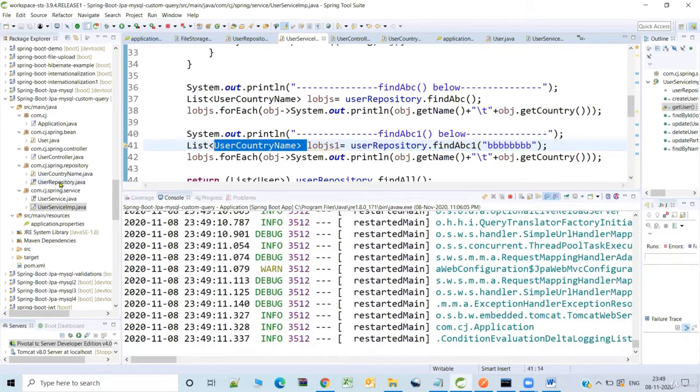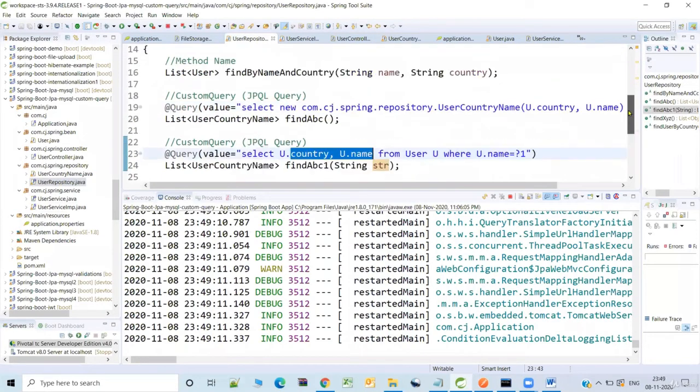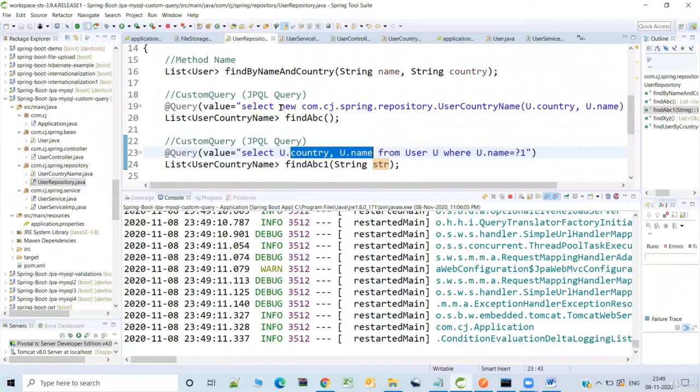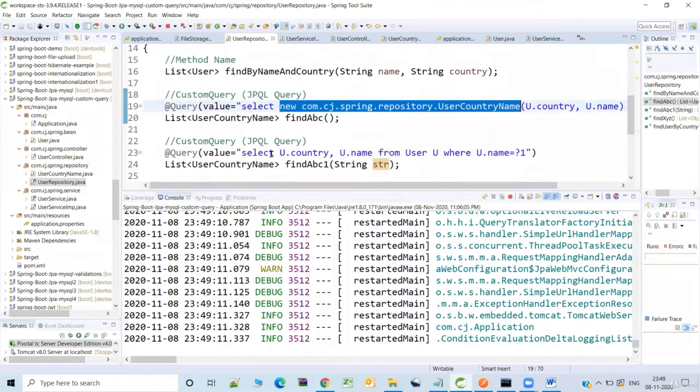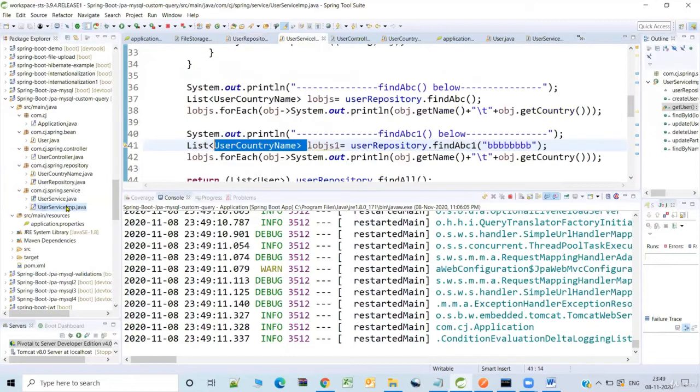If you go and observe, I'm specifying only these couple of things. You may ask me, like, I did not specify this new and all this. Let us explore if I can do it like this as well, instead of specifying the new keyword and the actual class name. Let us see if it automatically picks. Fine. So going here, I think everything looks okay.